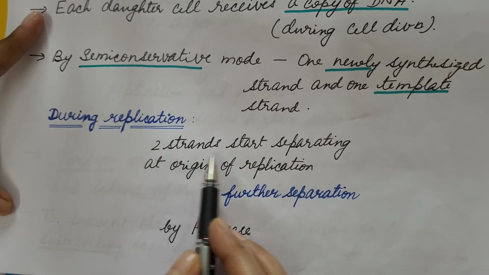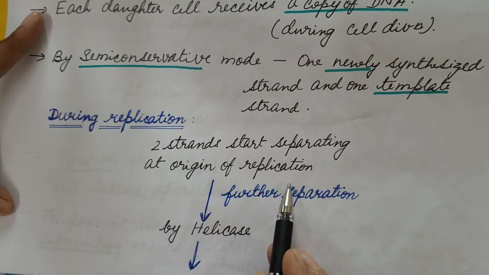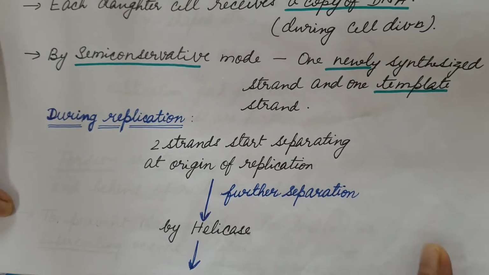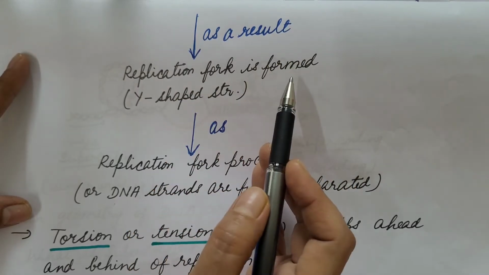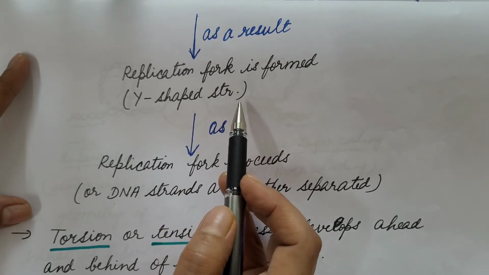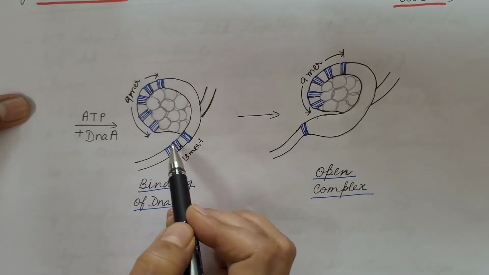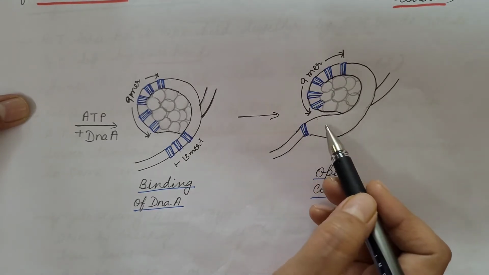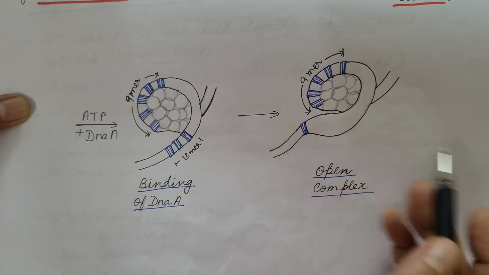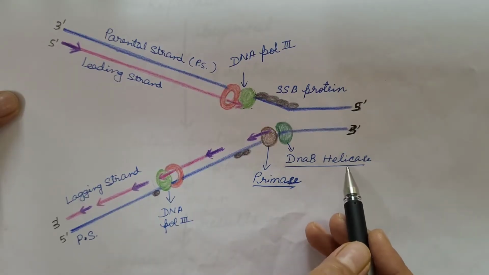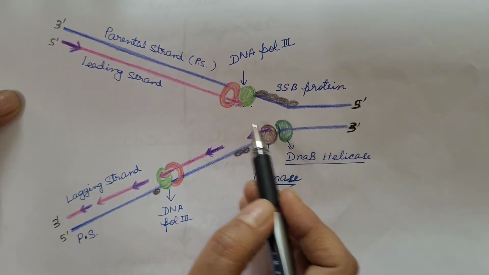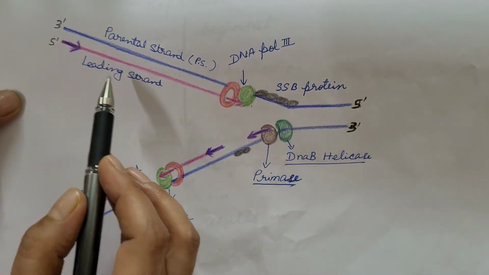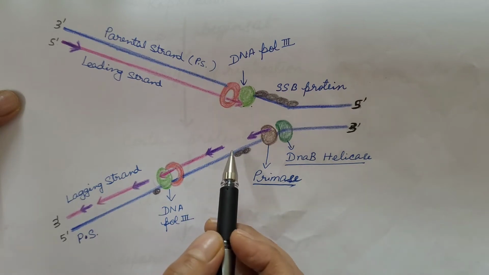During replication, two strands start separating at the origin of replication. Further separation takes place by the helicase enzyme. As a result, a replication fork is formed, which is a Y-shaped structure. This is the origin of replication. The two strands separate or melt at the origin of replication. Then DNA helicase is loaded. Further separation of the strands takes place by the DNA helicase and a Y-shaped structure is formed, which is known as